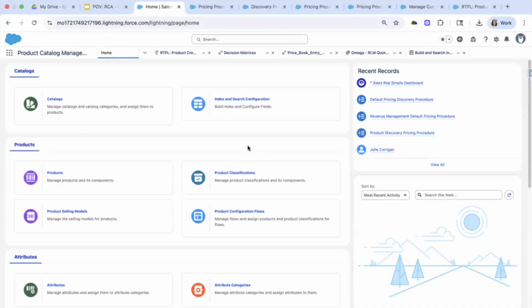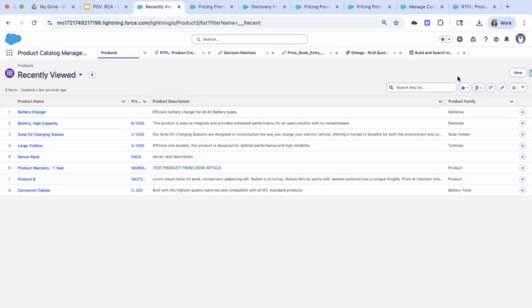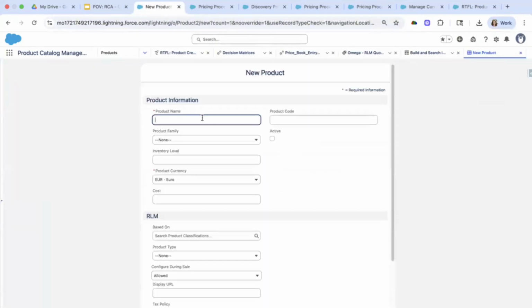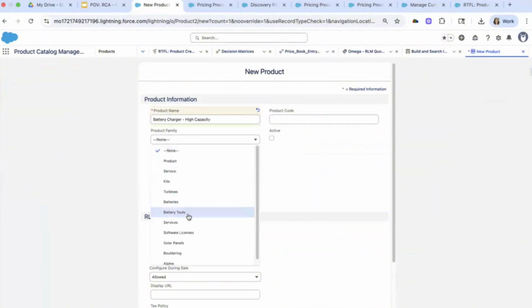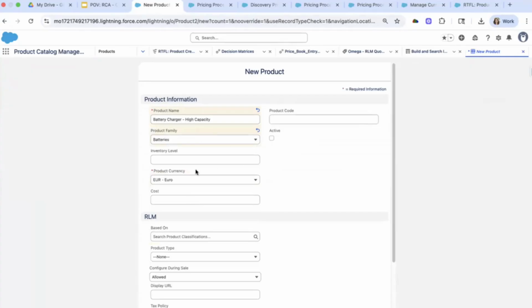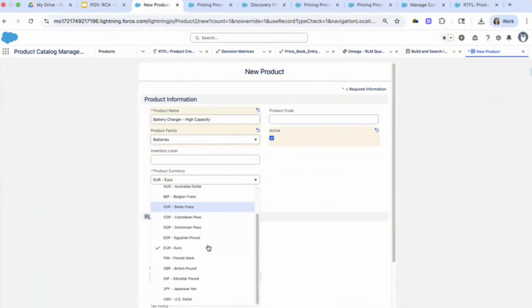So as a product manager, I'm going to come in here and just go ahead and go under the products and create a new product. So I'll just go ahead and put this in. I'm going to just select some base information about this particular product. And you'll notice here for an org that has multiple currencies enabled, you're going to obviously be able to